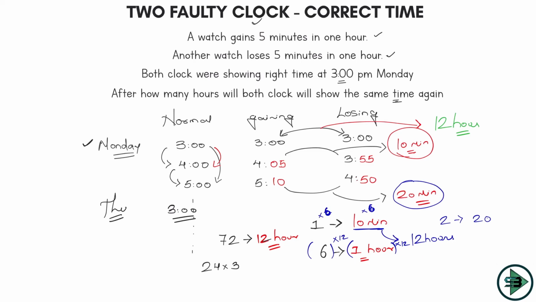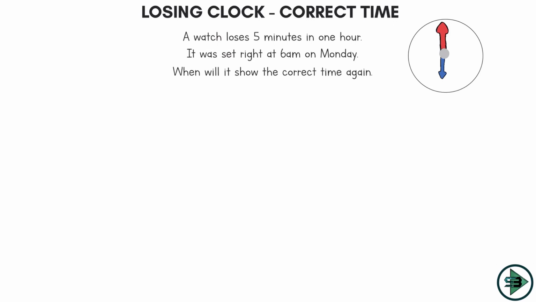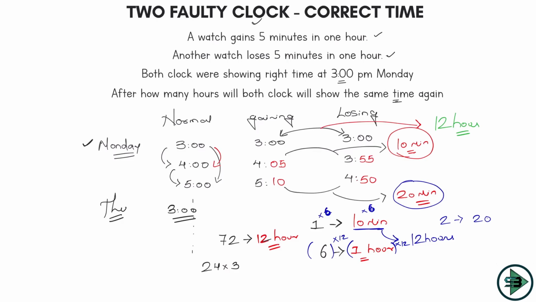So all that you have to remember for the same time, correct time, is to know the fact that you get the difference between their timing to be equal to 12 hours. Earlier also we did this, if you can remember. But we got the difference between the timing of the normal clock and the faulty clock to be equal to 12 hours, and that was quite understood because we are comparing it with the normal clock. In this case, you have to get the time of them to be the same. So you have to get the difference between their timing to be equal to 12 hours so that they will show the same time again. So remember this trick, and most of the problems of this type you will be able to crack.